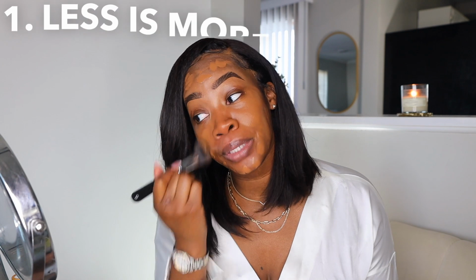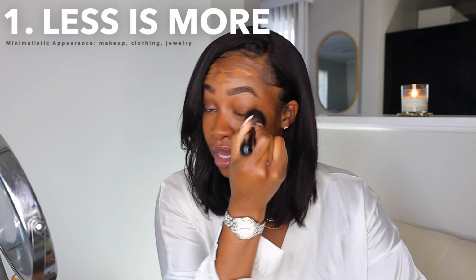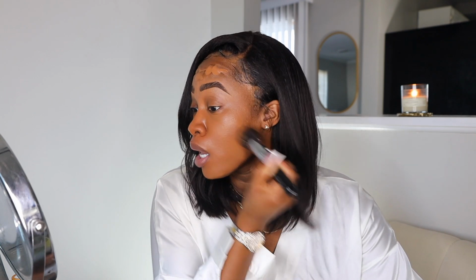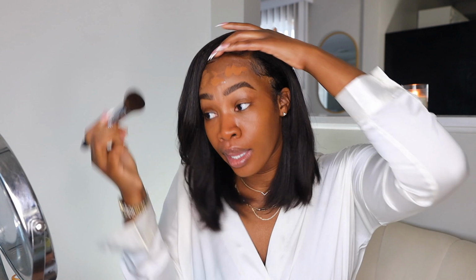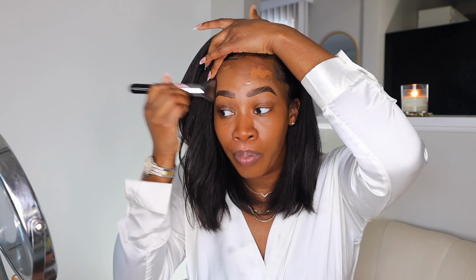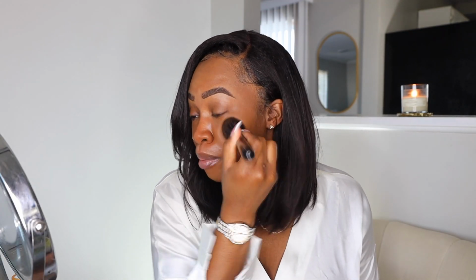But my first tip would be that less is more. And for me, that goes for my clothing, my jewelry, just how I put myself together physically. And it reads more feminine than if you pile on a lot of stuff or you look extremely busy in your appearance. Recently, I've been extremely intentional about streamlining my clothing and making sure that I always look nice and